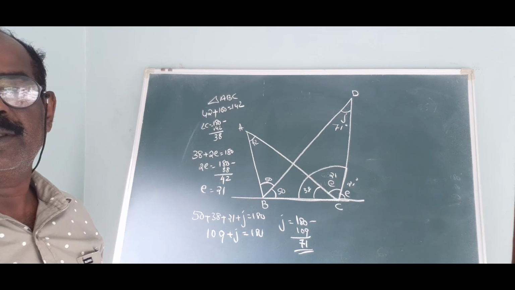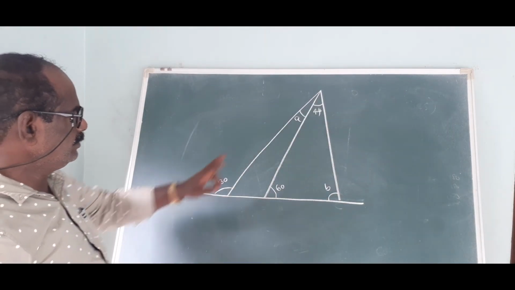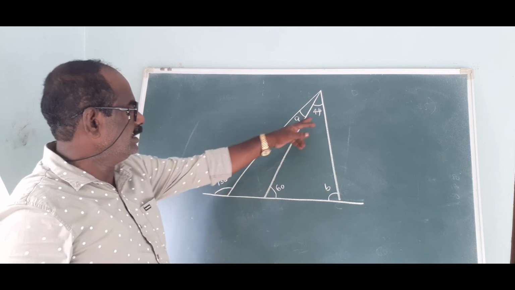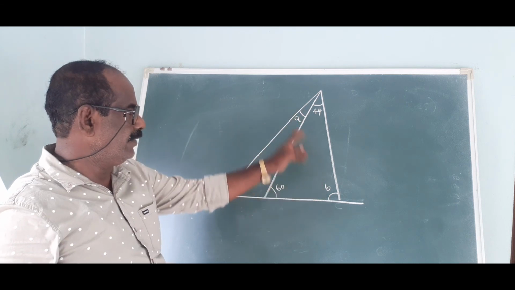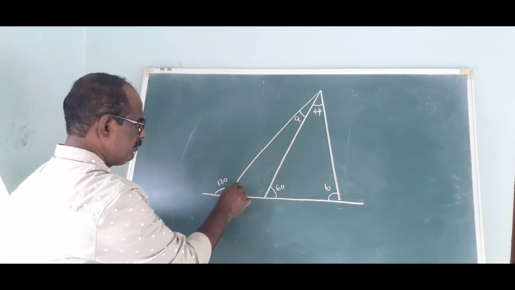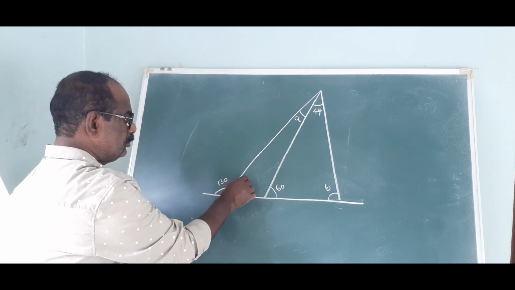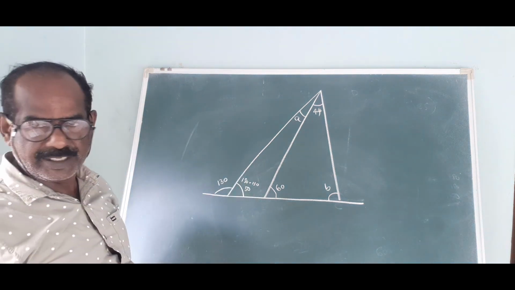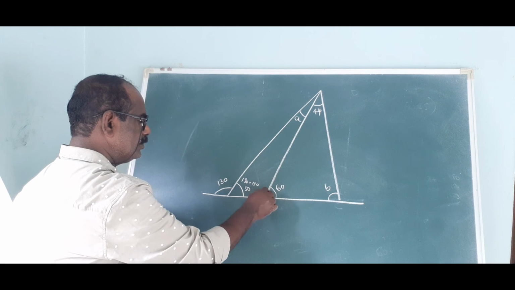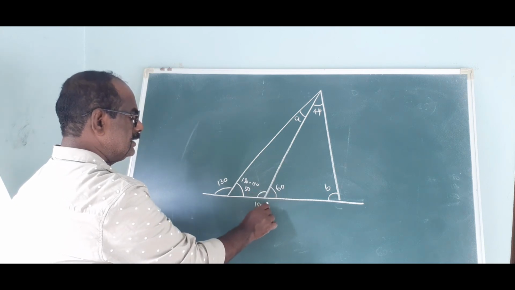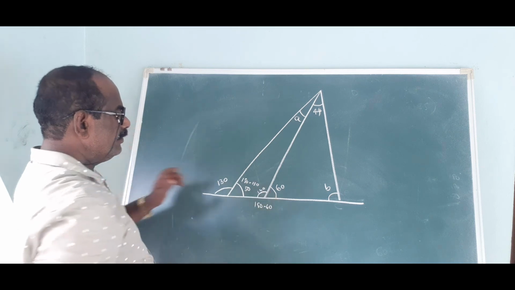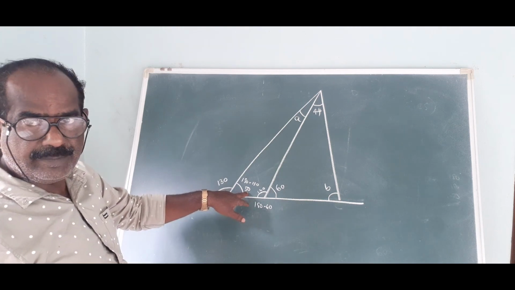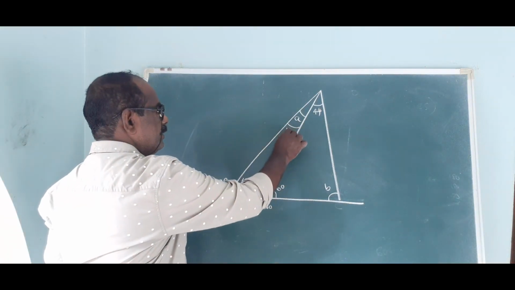Next problem. In this figure, exterior angle of the triangle, this side is 130, this is 60 degree, this is 40 degree. Here A and here B. Find A and B. So we can start from here. This is the linear pair, so it is equal to 190 minus 130, which is 50 degree. And this also is a linear pair. 190 minus 60 is equal to 120. And what is A? Here 50, here 120. 120 plus 50 is 170. 180 minus 170 became 10. A is over.